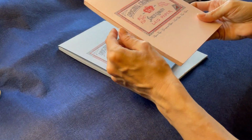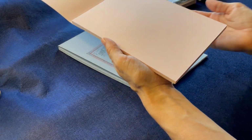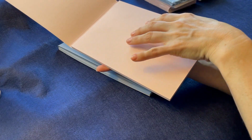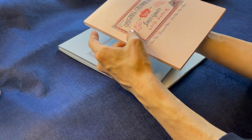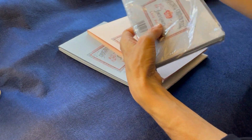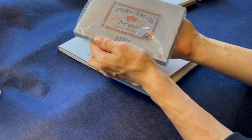We also carry this paper in pink. It's a very pale blush. So if you wanted a blush palette, we can certainly do that for you. We also have envelopes in the same palette from the same company,